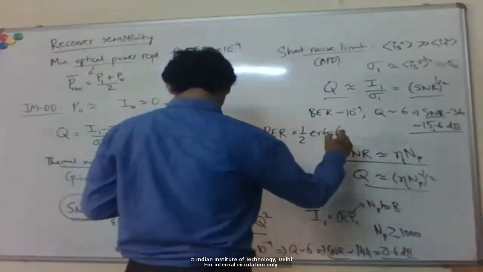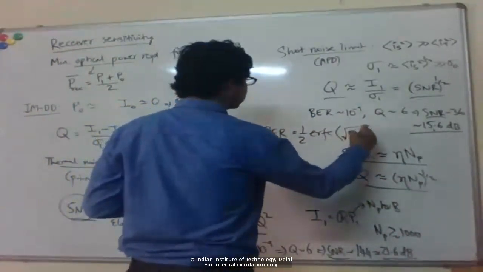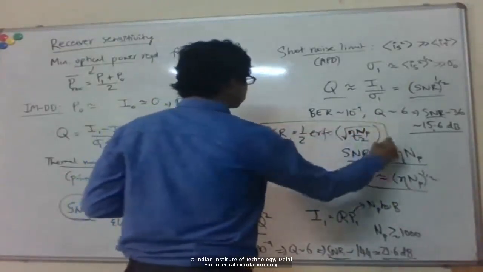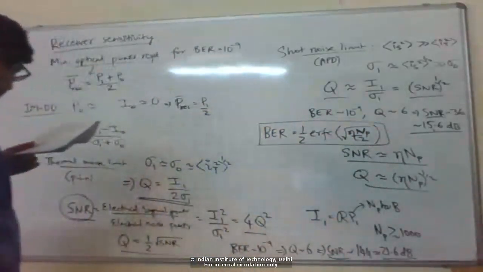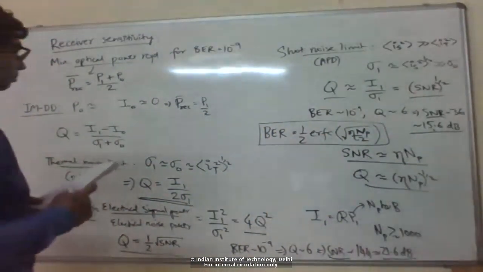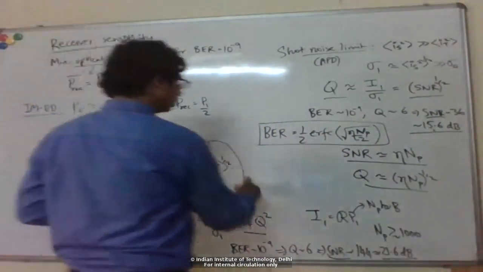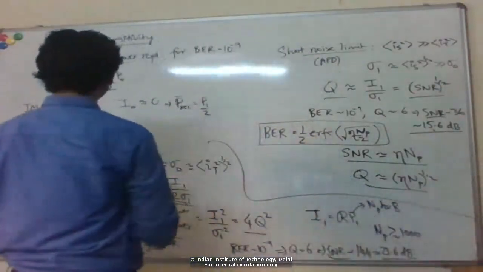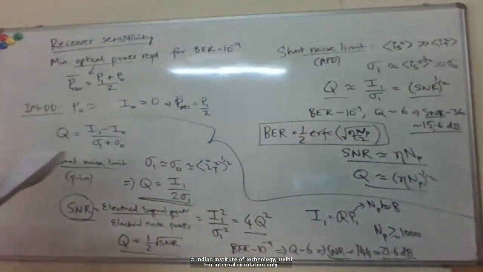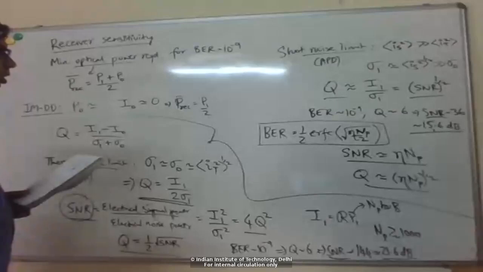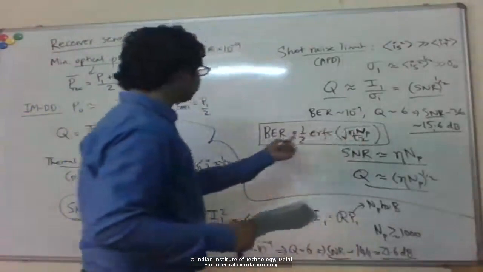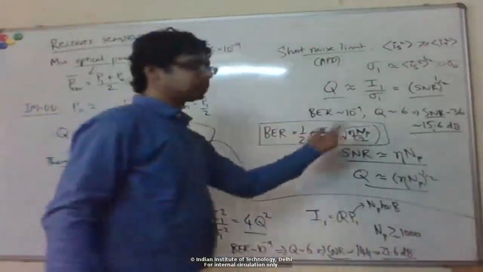So if you put this in, you basically get the square root of the photon number. Okay, so this is the number of photons in bit 1, because in bit 0 we are not sending any photon,